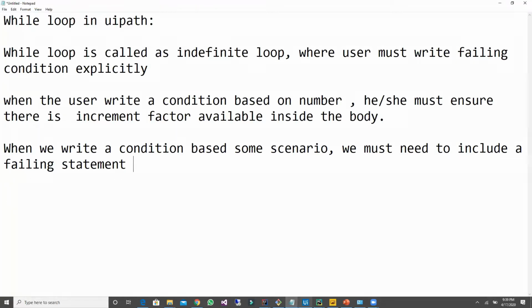We should include a failing statement inside the body for sure.